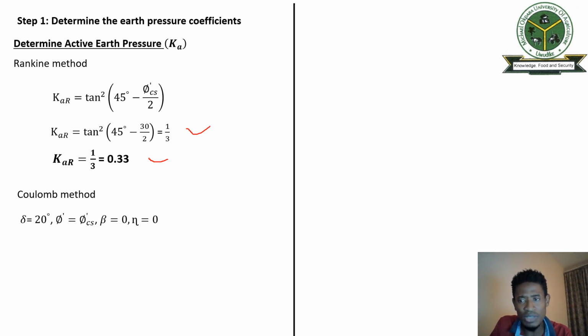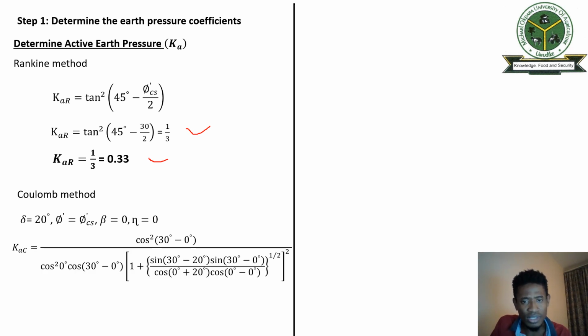The formula is this. This is a formula for determining the earth pressure coefficient. We just plug in these degrees here. These values stand for the adhesion between the wall and the soil. These particular parameters were not given to you,